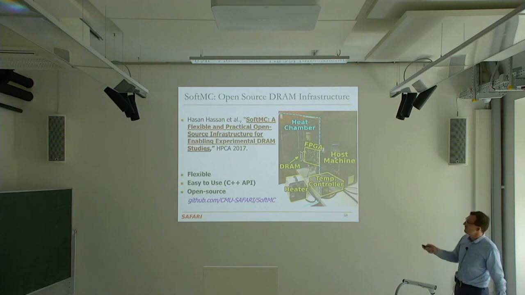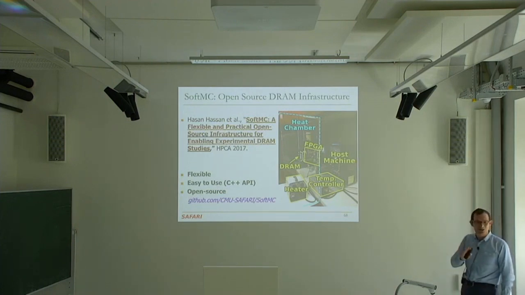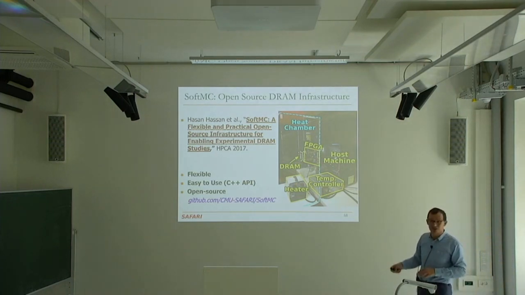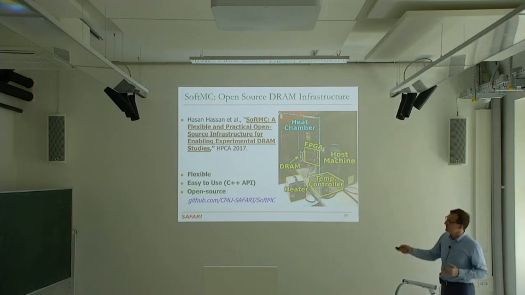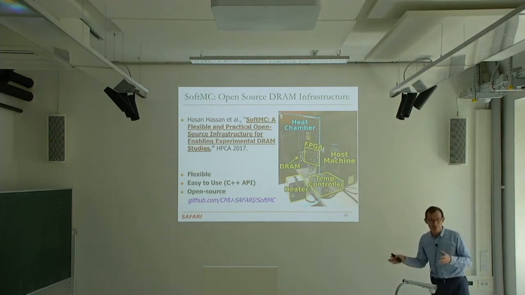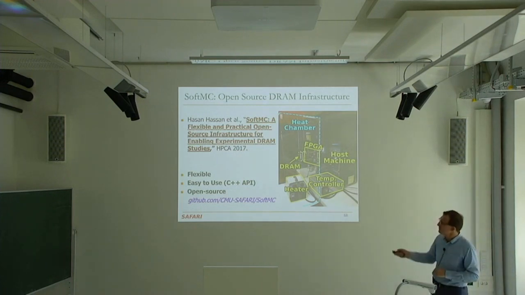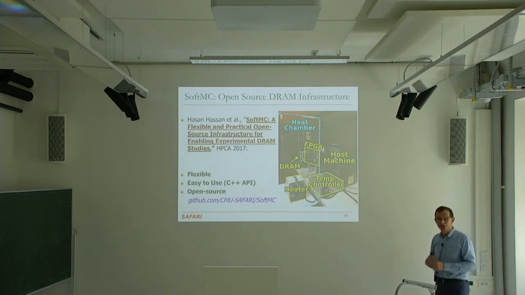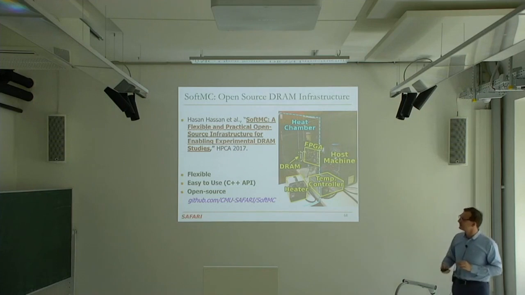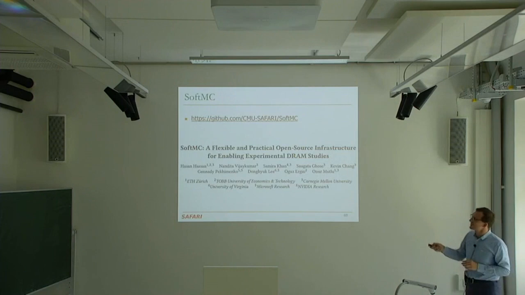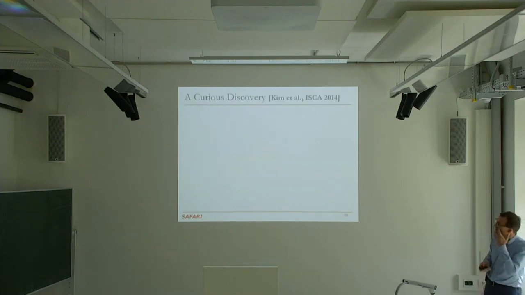If you want to have an FPGA to test your memory, you can buy the FPGA. Sorry, we don't provide the FPGA, but we provide the software. It's open source. This is a memory testing software. It's a soft memory controller that can be programmed using a C++ API. You cannot do everything in the memory controller in this case. We're extending it right now to do other stuff, but you can do simple memory tests using the C++ API. If you're interested in testing your memory, we'd be happy to support it. And this is a paper that describes that infrastructure. It was published in HPCA in 2017.